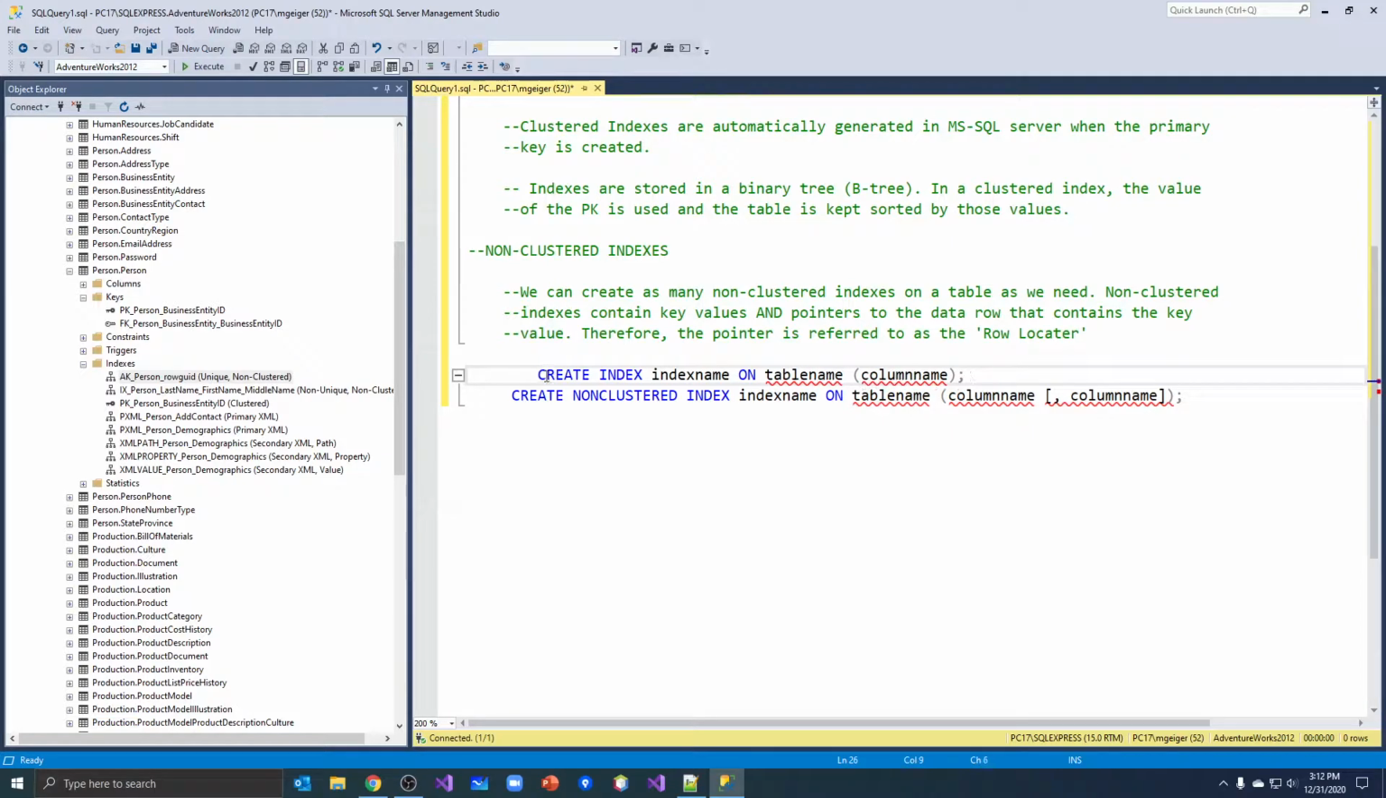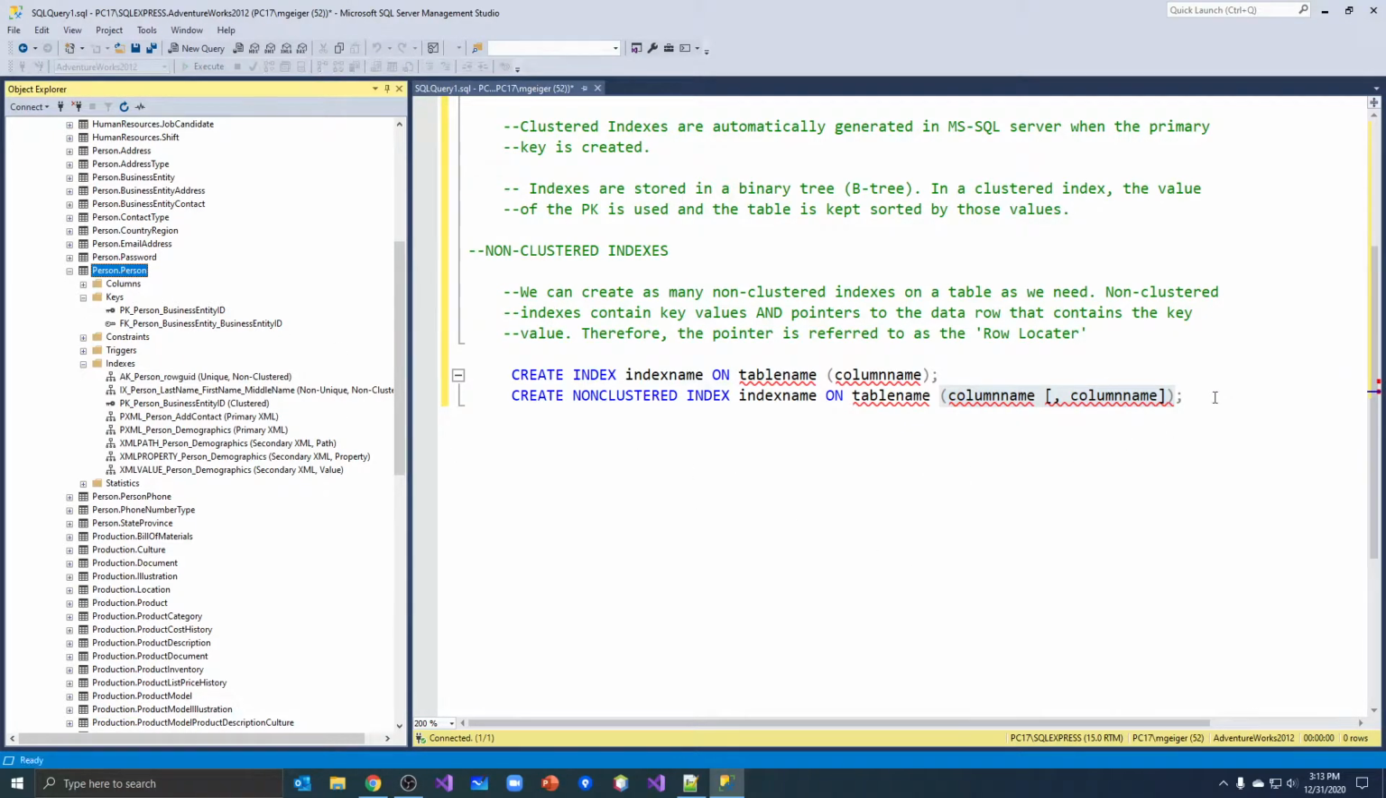We can do this. We say create index, and we give it a name on, and then we tell the table we want to create the index on, and we give it a column name. What column in that table do we want to index? This is the one that's done automatically on the primary key for us most of the time. If we want to create a non-clustered index, it's just create non-clustered index. And we give it a name and what table, and inside the parentheses, which columns do we want to index by. So for instance, on our person.person table,